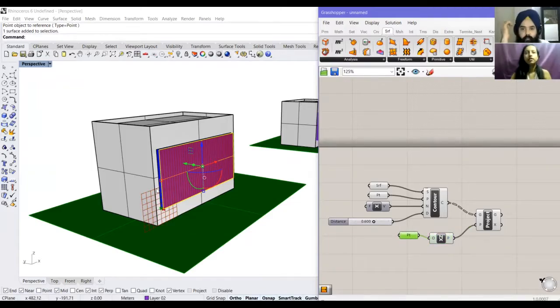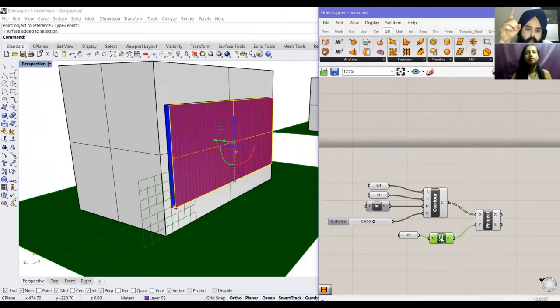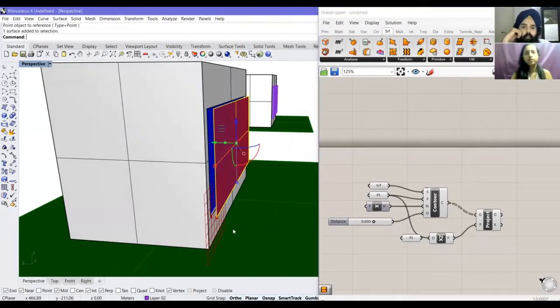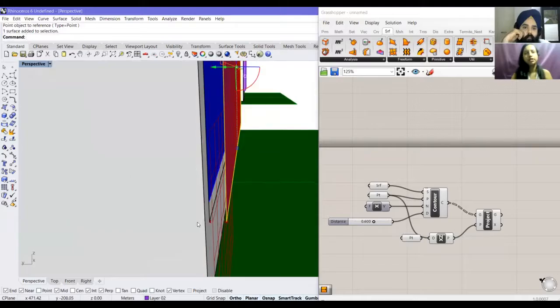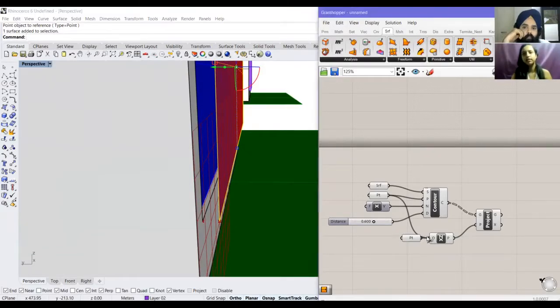So you get this plane here. Why can't we connect it to the previous point that we had mentioned? Okay, I'll just connect it to the previous point and you would see where the plane is. See, the plane has moved to this surface, but we want it to be projected on the other surface, not that surface, right? Okay. Now project does this.